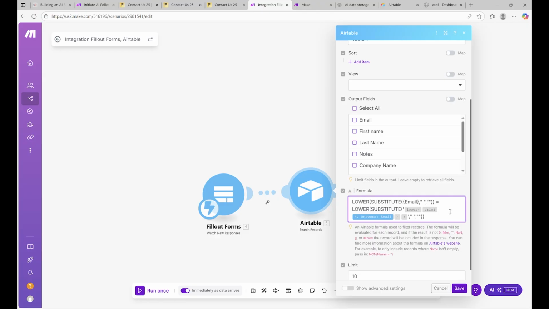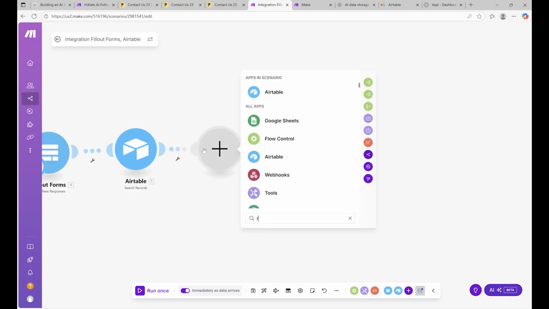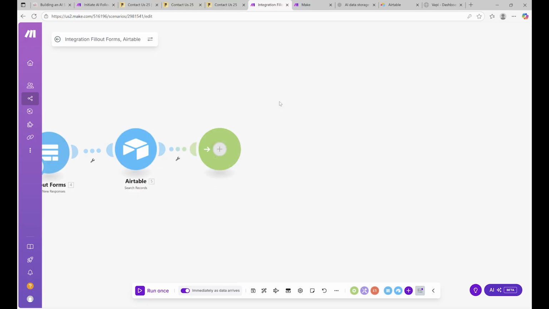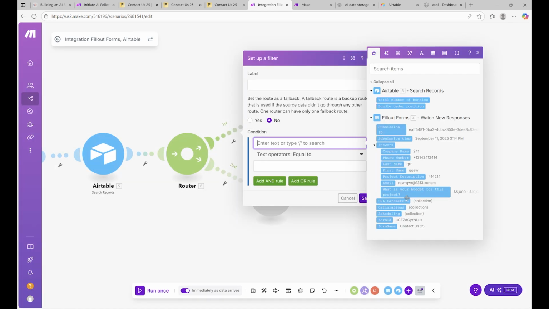So that formula, make sure whatever the email is, like in capitals or whatever, it comes out to the same exact, like lowercase everything. Make sure the router can read it so it can make sure it's not a duplicate. So then we want to add a router in. Set up a filter, and we can have,